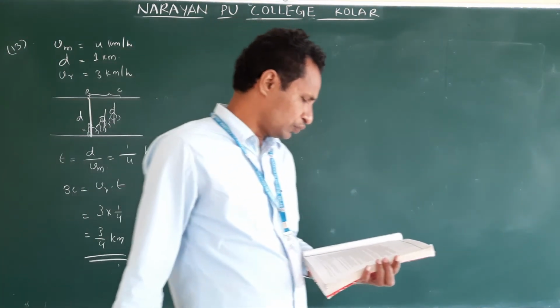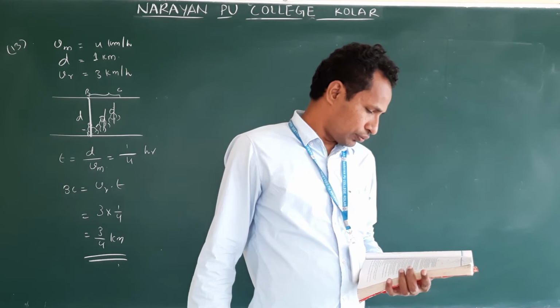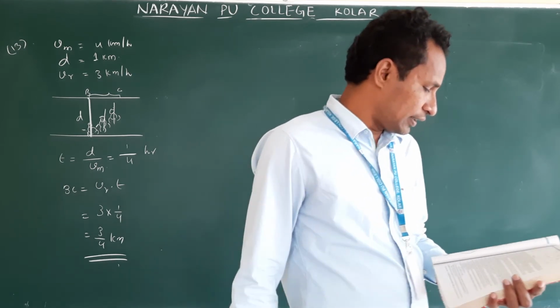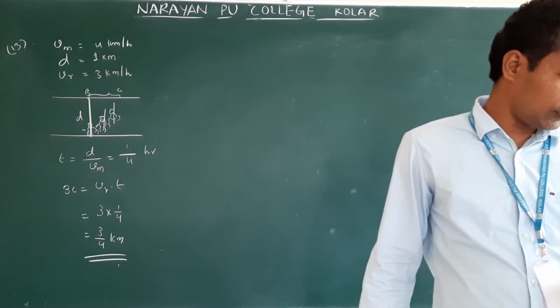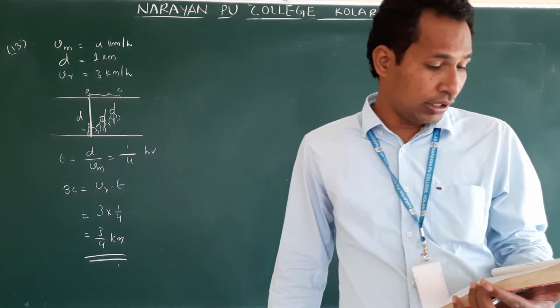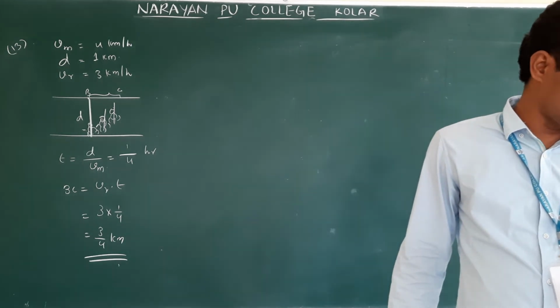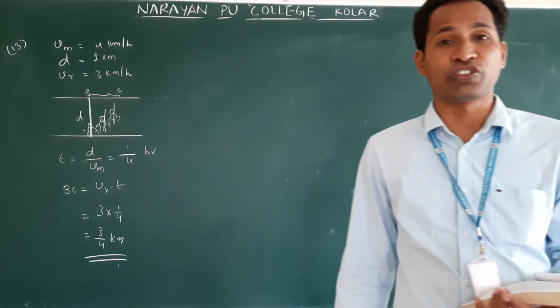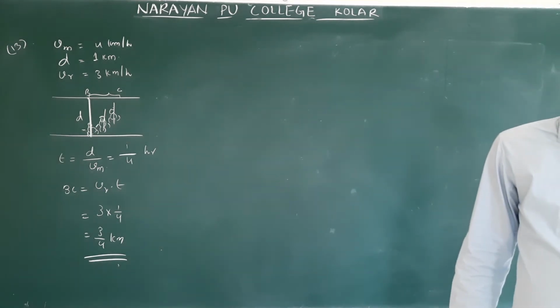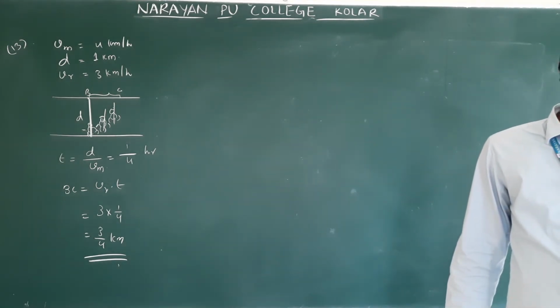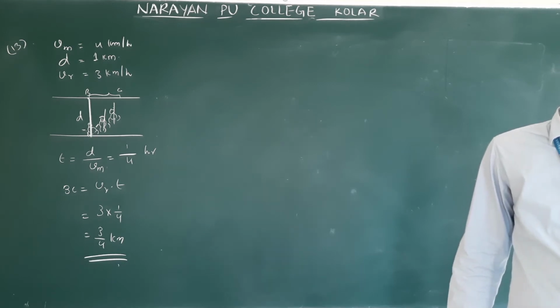Next come to 15. The ceiling of a long hall is 25 meters high. Question 14 is a little difficult to draw, we will discuss it in the last. Now come to 15. The ceiling of a long hall is 25 meters high. What is the maximum horizontal distance that a ball thrown with a speed of 40 meters per second can go without hitting the ceiling of the hall?